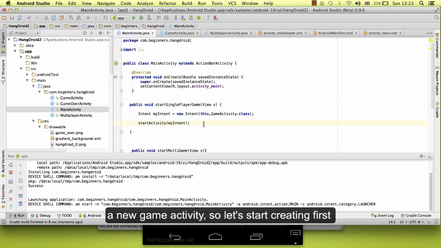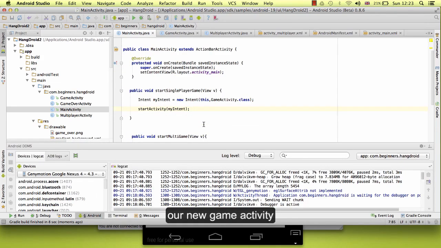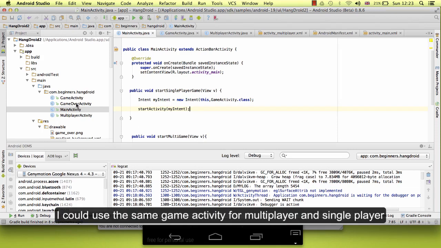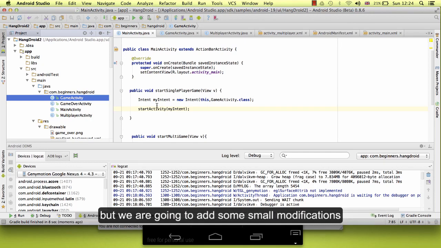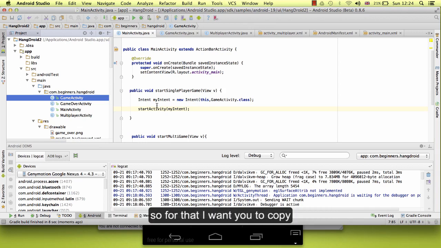So let's start creating first our new game activity. I could use the same game activity for multiplayer and single player, but we are going to add some small modification. So for that I want you to copy the game activity and I want you to paste it